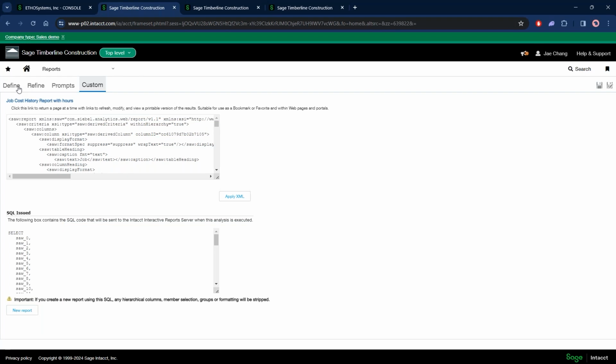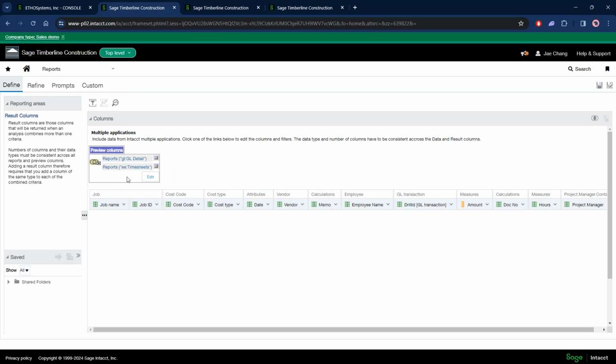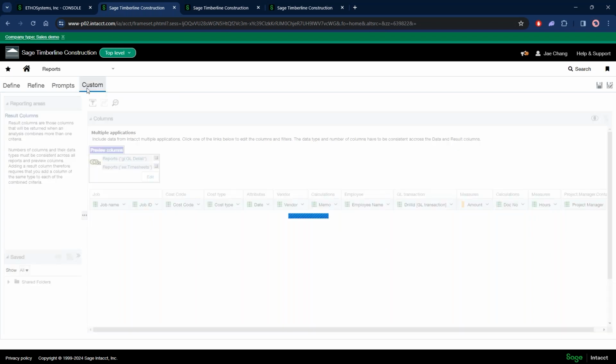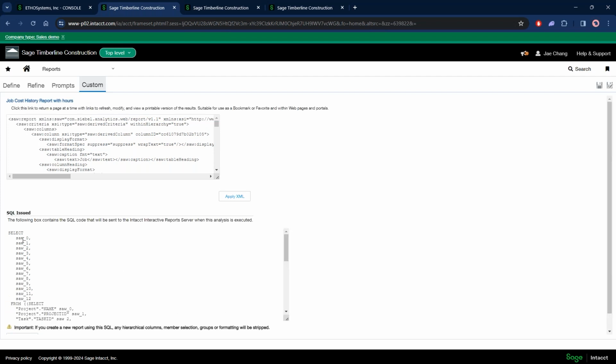Okay, so back in here, this is the report that we've created through the UI. You can see that when you get into define, you'll see the preview columns with the different reporting areas. Okay, and you can add in more than two reporting areas. You can add in more. Just know you have to make sure you're finding the corresponding data types and column fields. But once you've got that, and you need to add in prompts, what you can do is come to the custom tab here, and ICRW issues a SQL script for it. So what you're gonna do is you're gonna copy all of this,